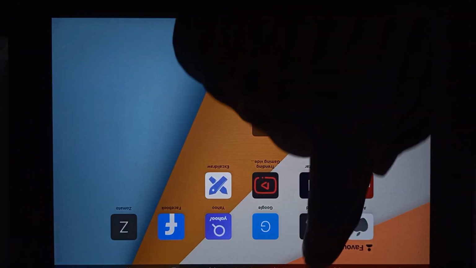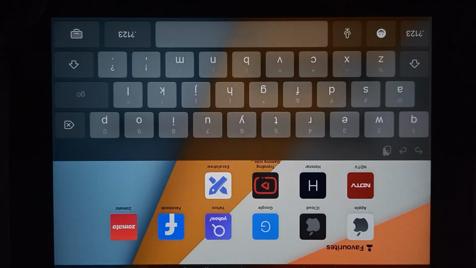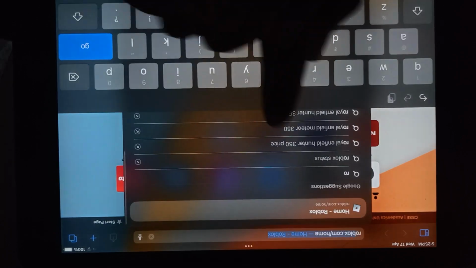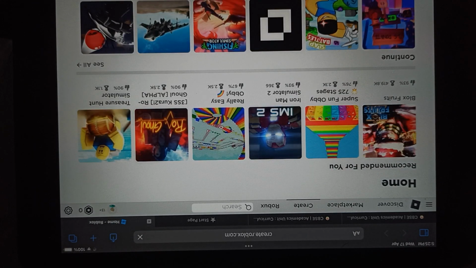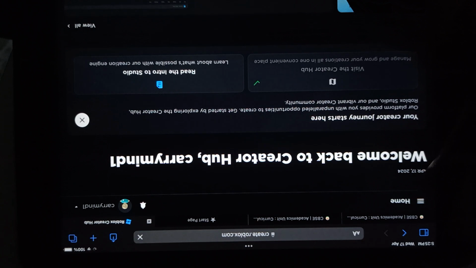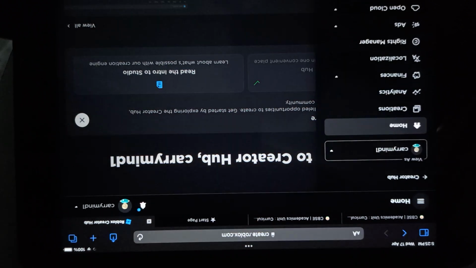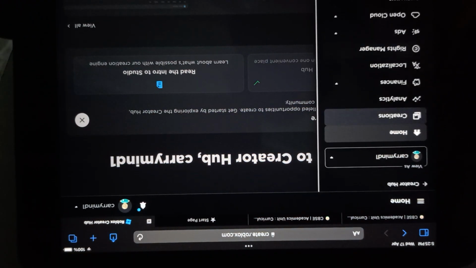Just open a browser and just go to roblox.com. Roblox.com. Now once you're here guys, just make sure you have logged in successfully and just tap on the create tab button over here. Now tap on this menu button over here and tap on this creation option,